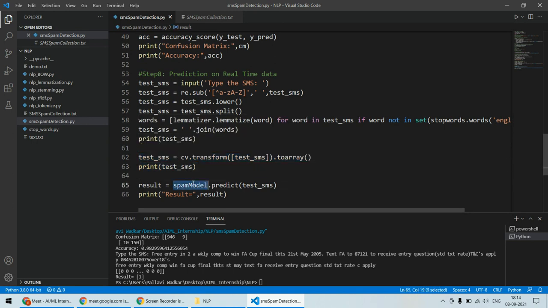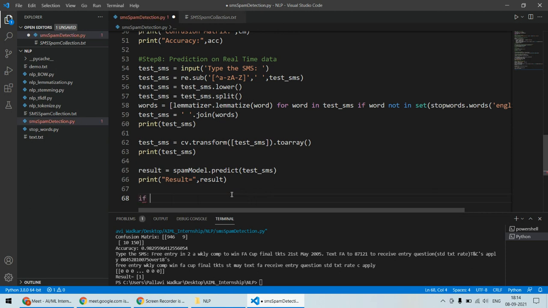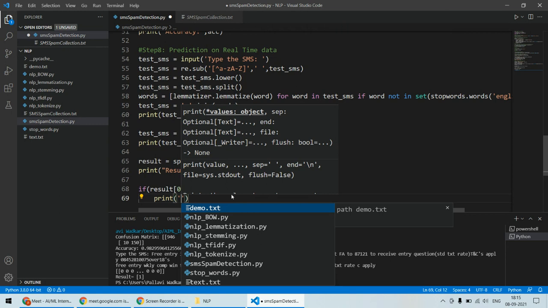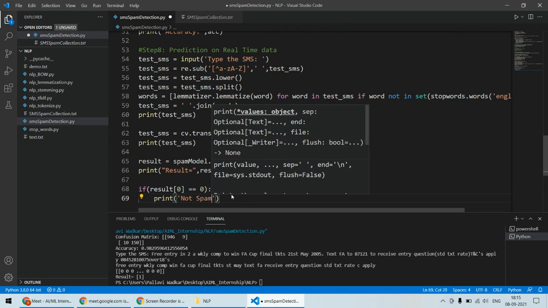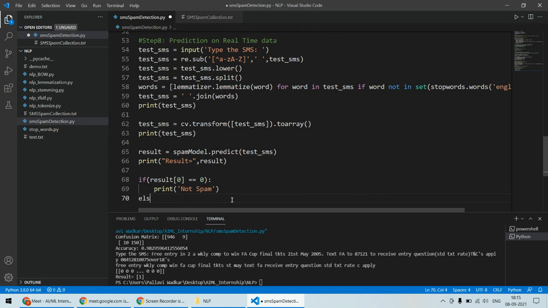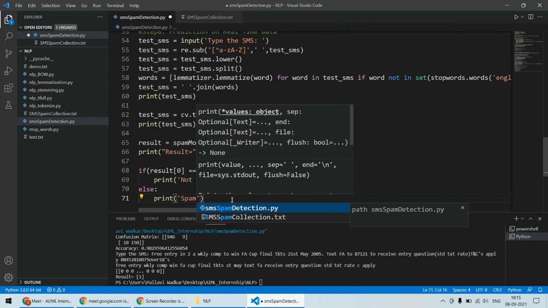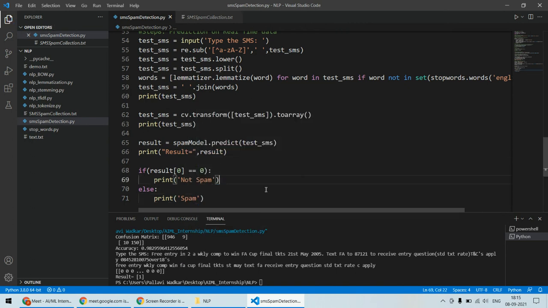दिस विल बी आवर बैग ऑफ वर्ड्स, एंड द स्पैम मॉडल will predict this SMS now, and if the result is 0, that means it is harm SMS or not spam, and if the result is 1, that means it is spam. आगे चल के एक और चीज आप यहाँ पे ऐड करो, if result of 0 is equals to 0, तो आप यहाँ पे प्रिंट करो नॉट स्पैम। ओके, तो ये हमें चाहिए, फाइनली ये चाहिए हमें, एल्स प्रिंट स्पैम। ओके, सो दैट्स व्हाट वी आर एक्सपेक्टिंग, कि स्पैम एसएमएस है या नॉट स्पैम एसएमएस।